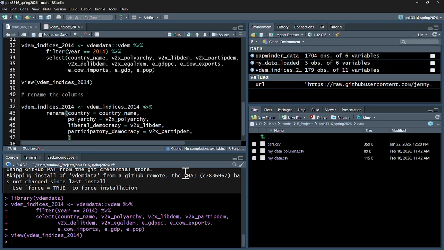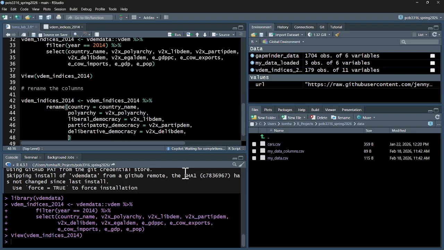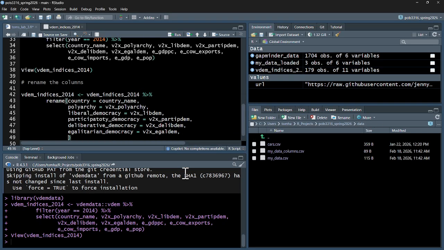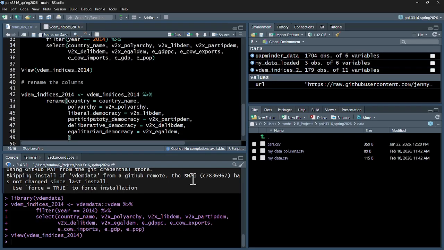And then deliberative democracy instead of v2x delibdem. And then egalitarian democracy instead of v2x egaldem. And then I want to rename my economic things, so I want to go